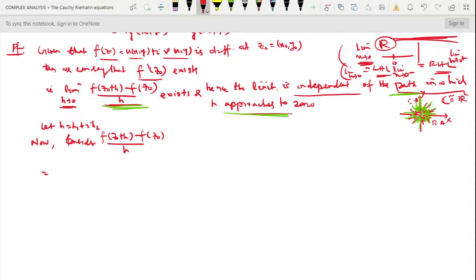So f of z naught plus h, if your h is h1 plus i h2, is u of x naught plus h1 comma y naught plus h2 plus i times v of x naught plus h1 comma y naught plus h2. In place of f of z naught plus h, I can add this thing. Similarly, in place of f of z naught, I can write